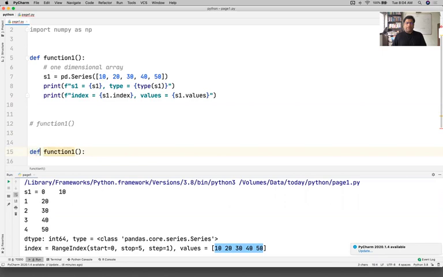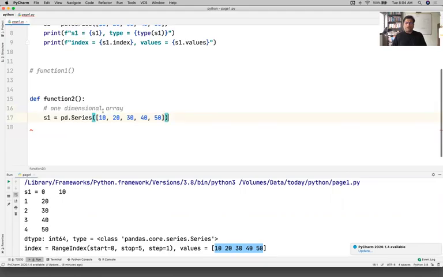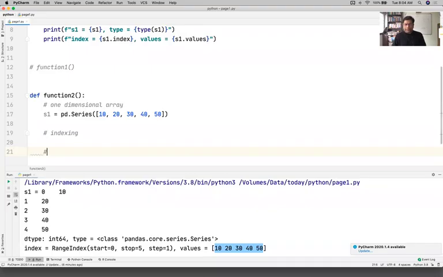So this is going to be my function 2. I want to create that series object one more time, and we want to perform a few operations. Now the operations we already have performed earlier. One of them is called indexing. So hopefully you can recall. Second one is something called filtering. Now hopefully you still can recall that as well. Indexing, filtering, we already have done that last time. Indexing is nothing but